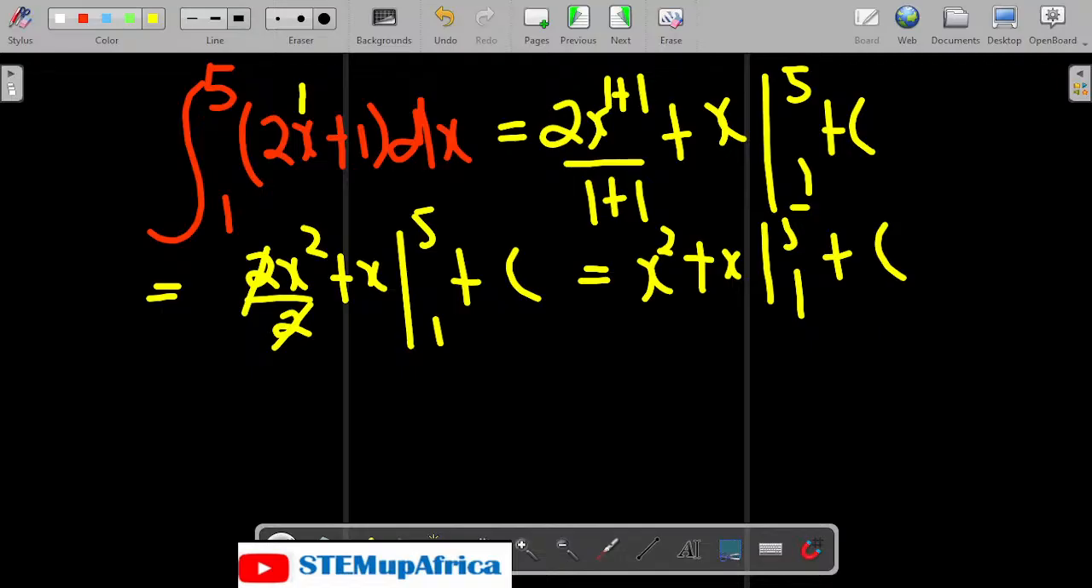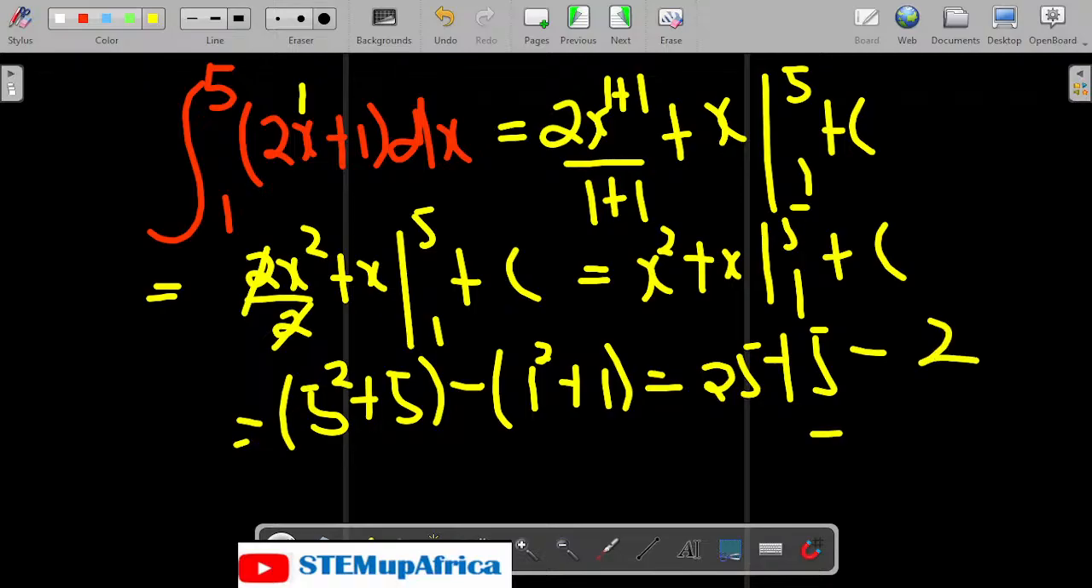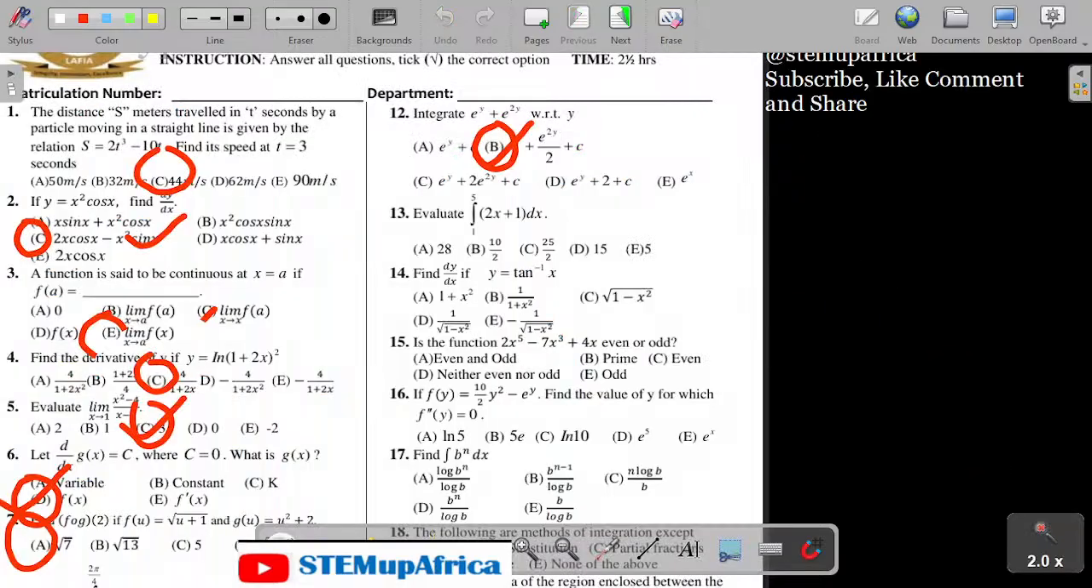So when x is 5, I'm going to have 5 squared plus 5, minus, when x is 1, I'm going to have 1 squared plus 1. I'm going to have 25 plus 5 minus 2. The answer is now 28. So the solution to that question is 28, which satisfies option A. So let's look at question